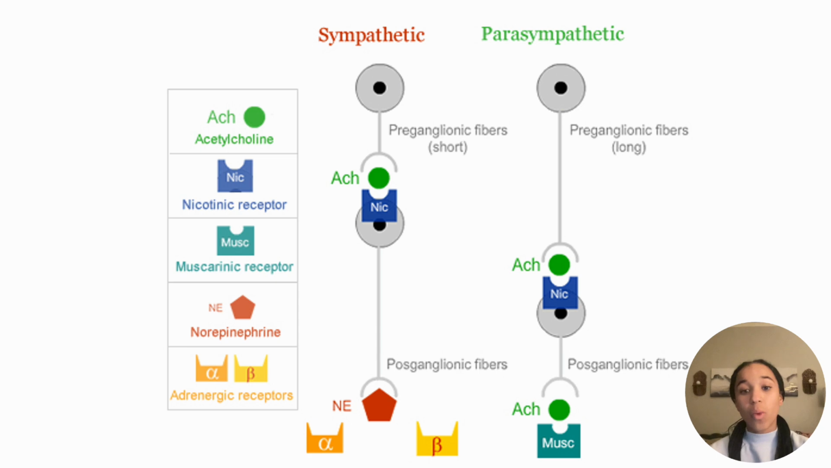So one is shorter and one is longer in the parasympathetic and the sympathetic nervous system. So preganglionic fibers themselves originate in the central nervous system and release acetylcholine to activate the postganglionic neurons. The postganglionic fibers extend to the effector organs and can release ACH or norepinephrine depending on the division and where